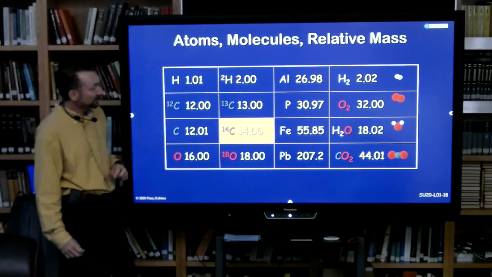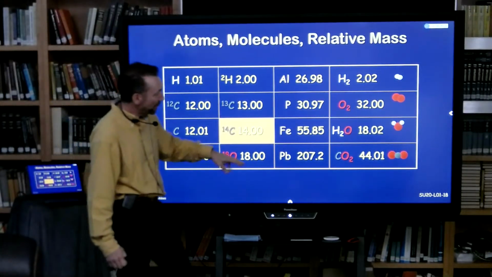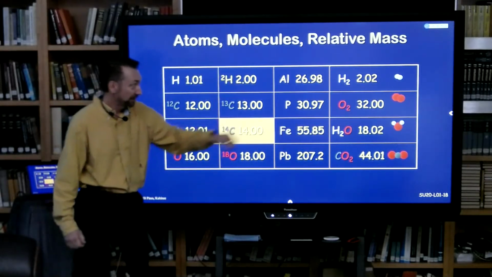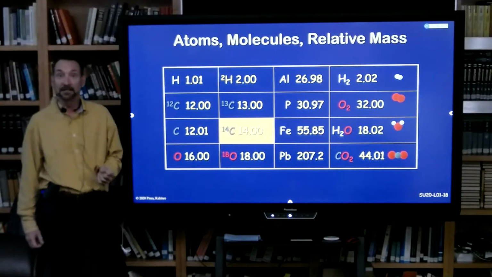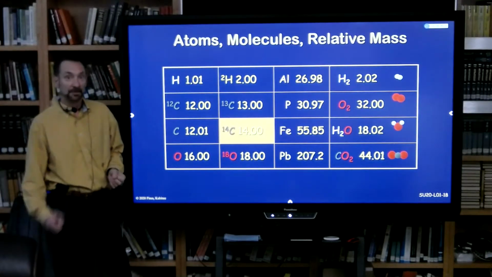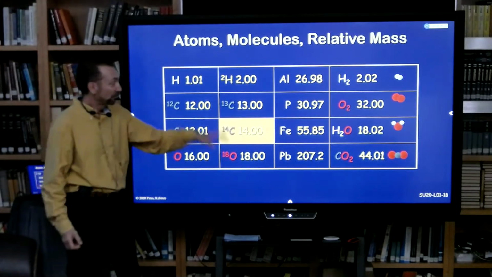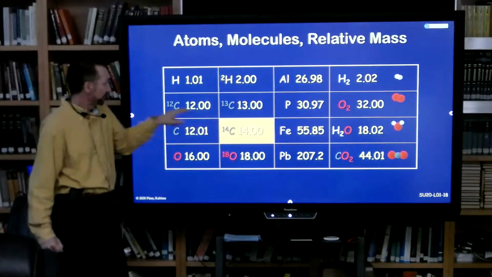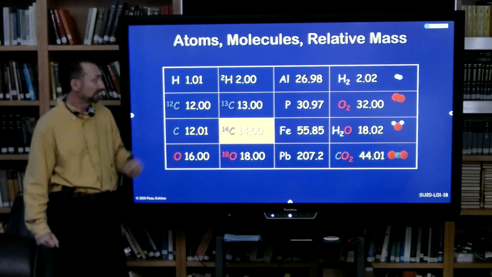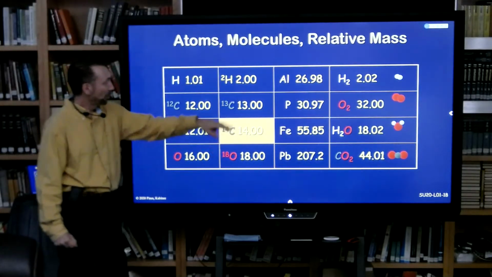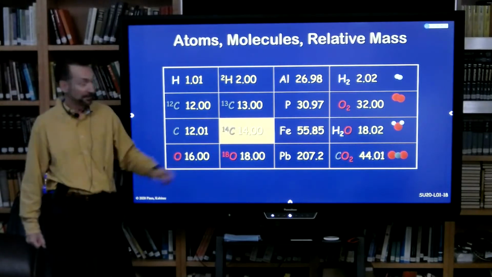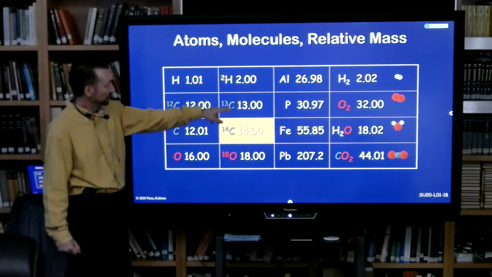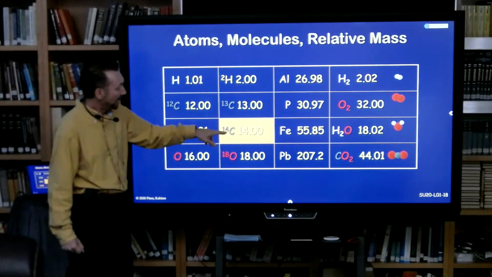But if you just had something of mass 18, you wouldn't know if it were a water particle, which also has mass 18, an oxygen and 2 hydrogens, or an O-18 nucleus. So the mass is not unique, but the relative masses are very helpful. And you can see we have 3 flavors of carbon, carbon 12, carbon 13, and carbon 14. I have this one in orange because it's not stable. This is a radioactive nucleus, so it decays to carbon 13.